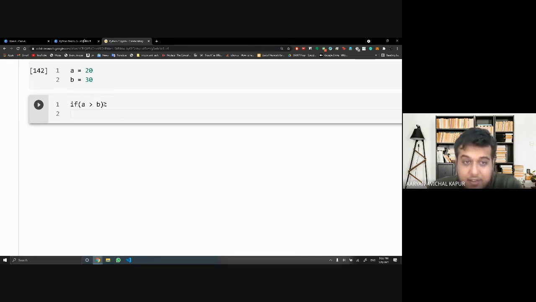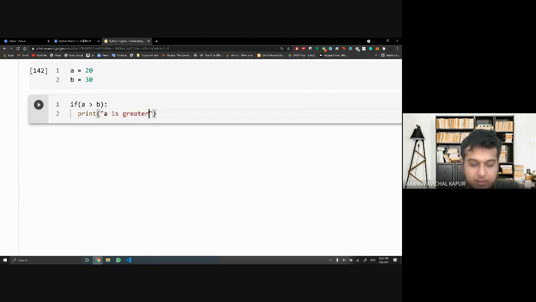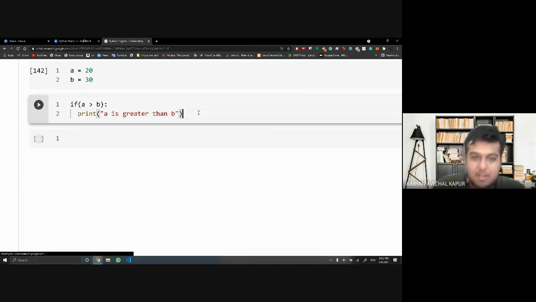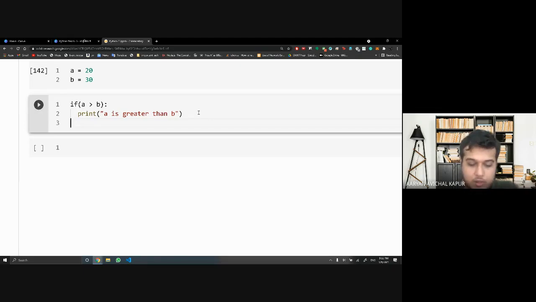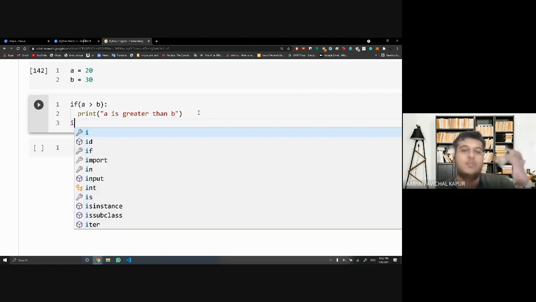If A is greater than B, then I write print A is greater than B. Right? So here, of course, that is not true, so we are going to have nothing here. This does not give me an answer, but it does not give me a wrong answer either. So I can write another condition, but that would have a problem. If both are true, then both will be printed.